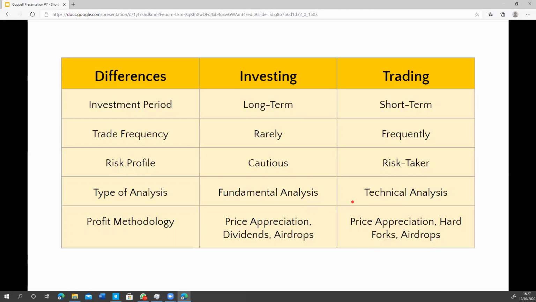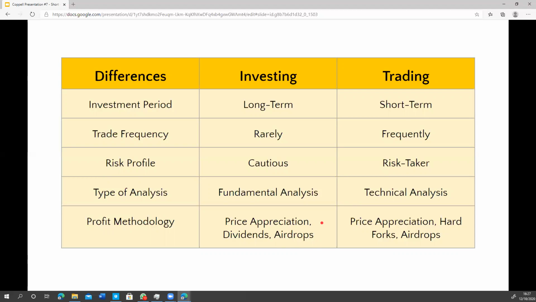And then when you come to the difference between profit methodology for investing and trading, it's price appreciation and then dividends and airdrops. And airdrops is basically the delivery of a cryptocurrency to a certain group of investors. And for trading, it's price appreciation, hard forks, and airdrops. And hard forks are when developers of a digital currency essentially create a second branch of that currency using